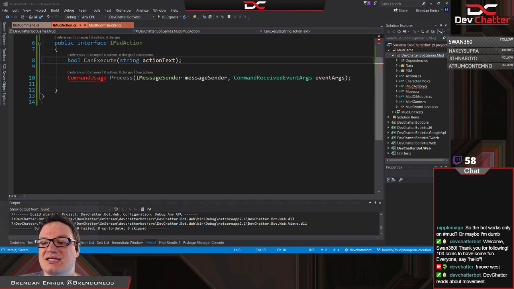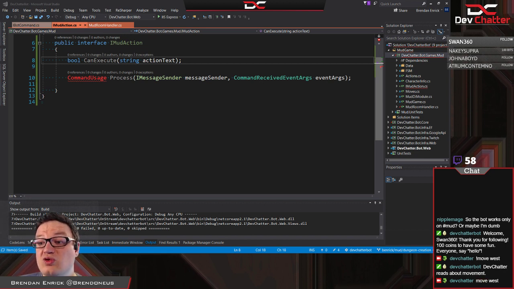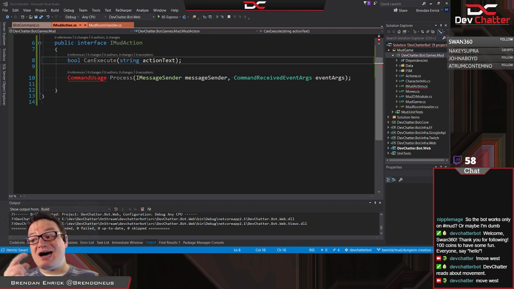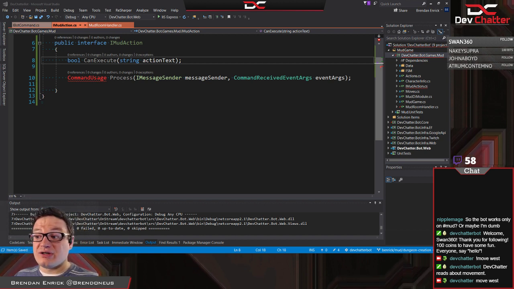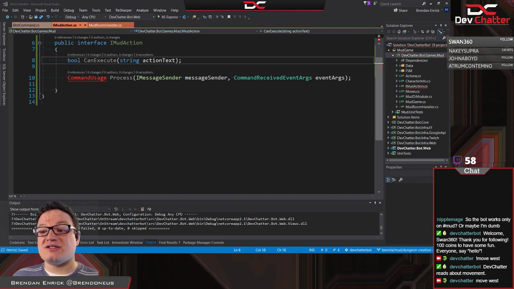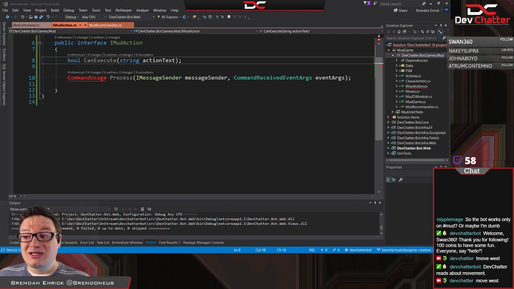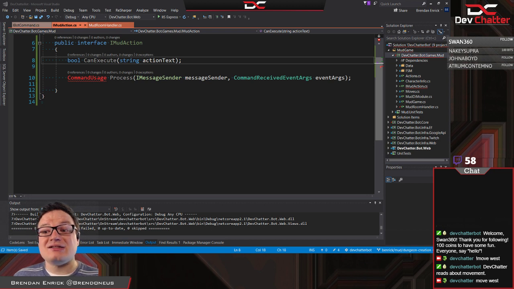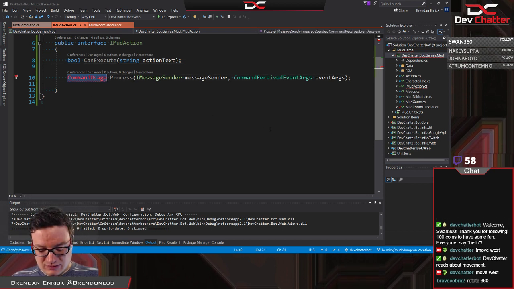You're just going to type in move west, and the bot's going to respond. So inside that room, it's not going to be looking for the exclamation point for commands. It's assumed anything you're typing over there is probably a command for the bot. So that's the way we're going to wire it up.